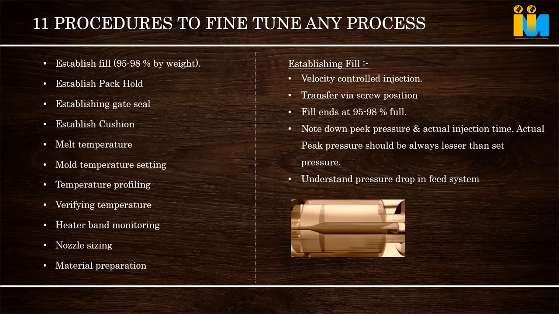For a cold runner mold, the thumb rule for the feed system is that we can sacrifice 30 to 40 MPa. If it goes to 70 MPa or 60 MPa, it means a huge pressure drop, and our part will not get the proper pressure. So we have to attend to the feed system. If the feed system is absolutely fine, only 30 MPa is lost, but the part is taking 150 MPa, that means the part cannot be filled.